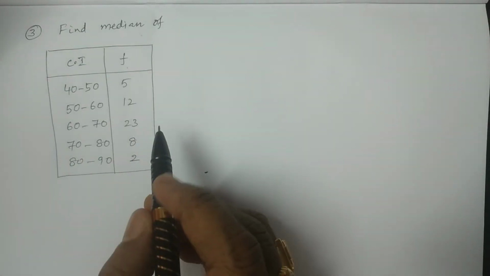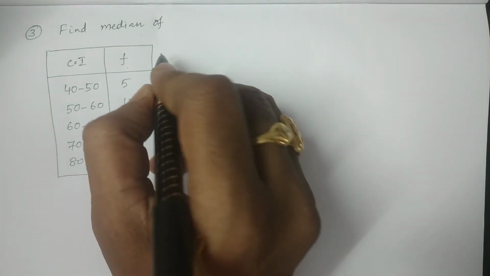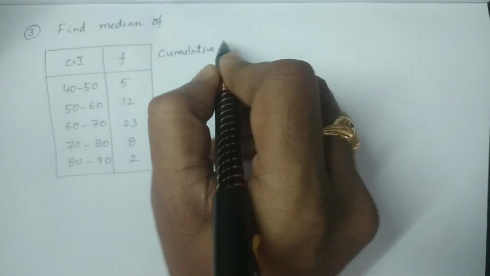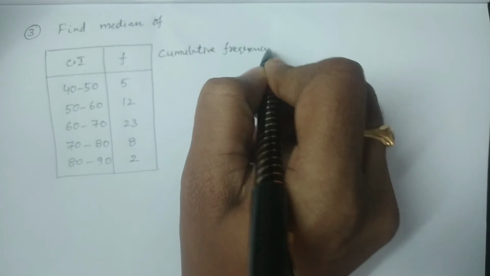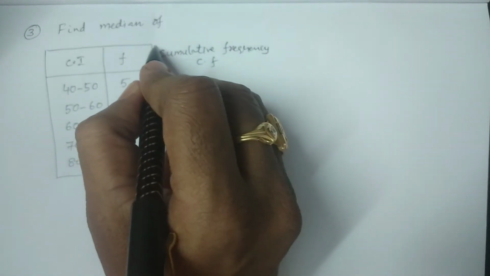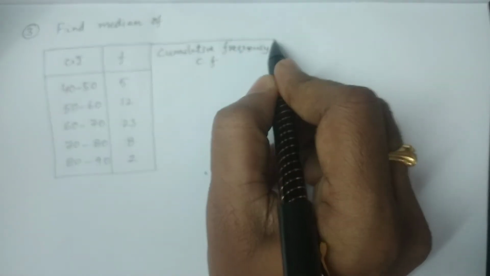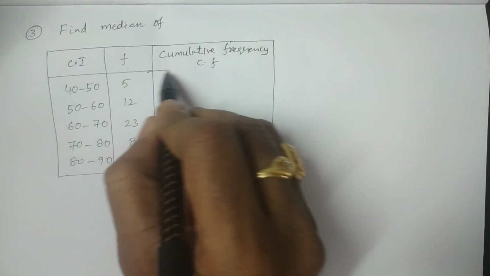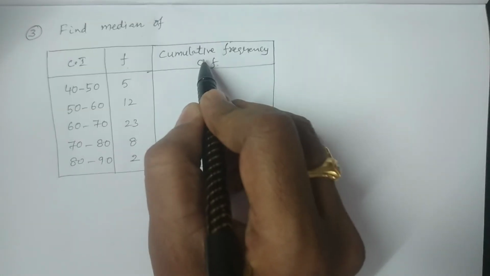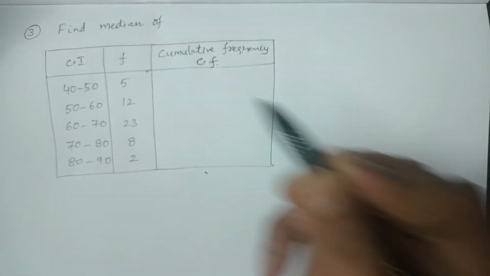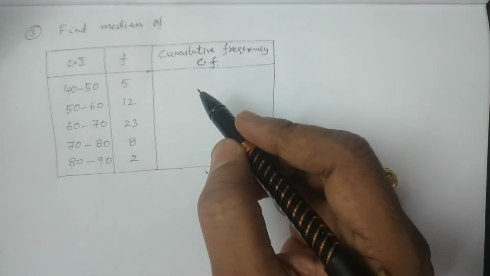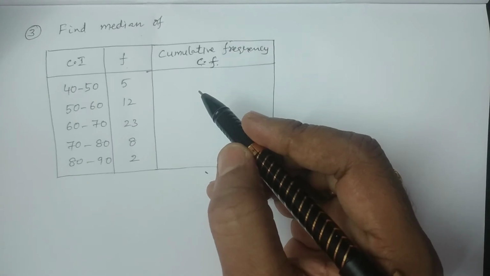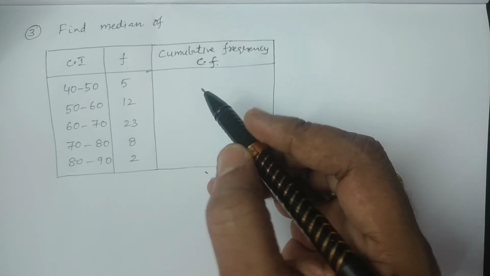You concentrate on calculating one more column called cumulative frequency, that is CF. In addition to the given columns, class interval and frequency, you calculate one more column. It is called cumulative frequency. Denote it CF. What is cumulative frequency? Add the continuous frequencies, one after another, for